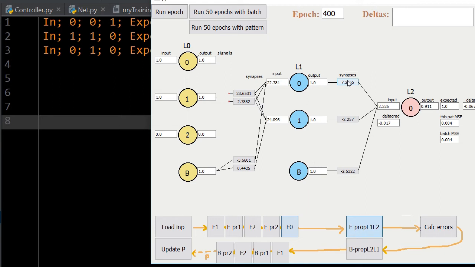This weight is now actually bigger than both this one and this one. It's pretty interesting. So now we're going to look at this pattern 010 with an expected 0, and first we're not going to utilize this huge positive one, and it's going to be a slightly negative one, and then we have a really big positive one coming in here, so that's going to contribute something negative,